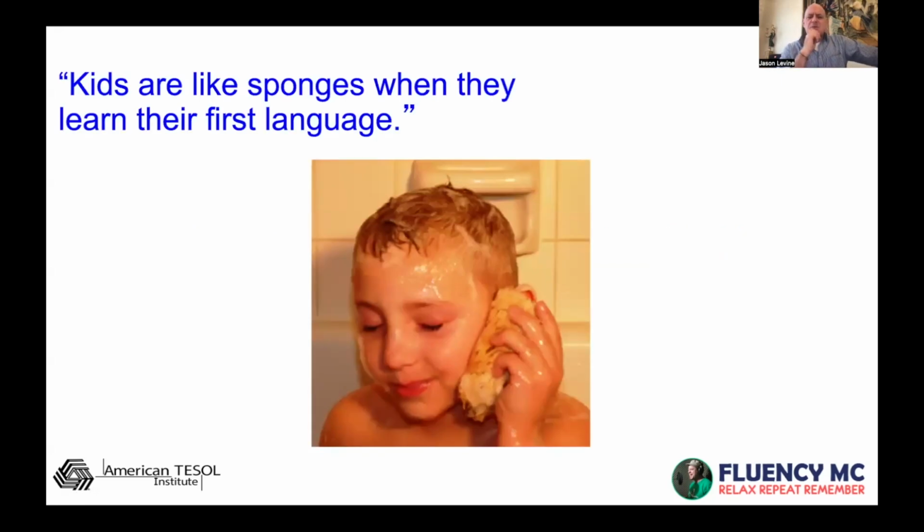So have you ever heard this? Kids are like sponges when they learn their first language. I imagine you have. And also when they learn a second language. Oh, it's so much easier for kids when they learn to speak another language if they learn it early. And why does that make sense to us? Because there's truth to it. Why is that? And this is what we were saying before, where second language acquisition and first have an overlap. Being younger can make a difference, right?